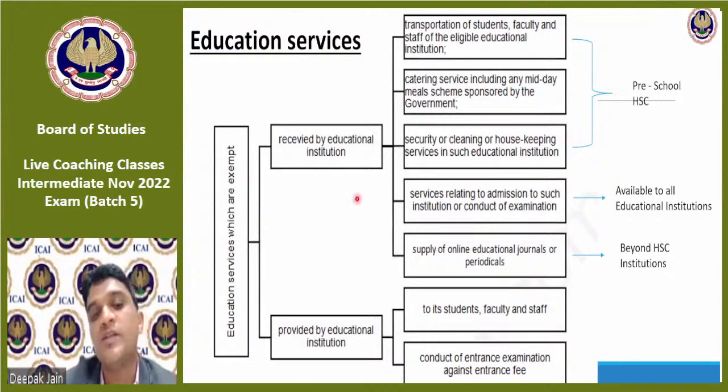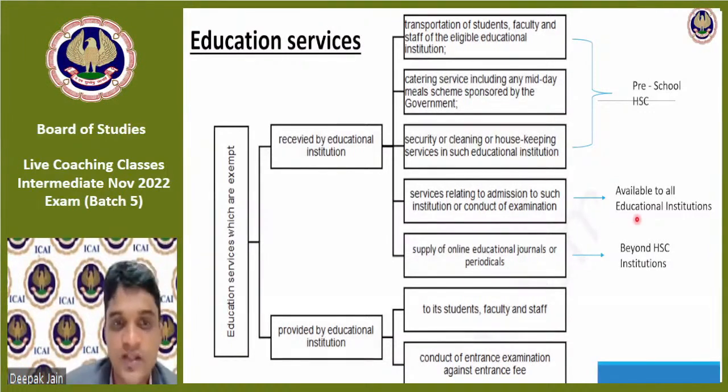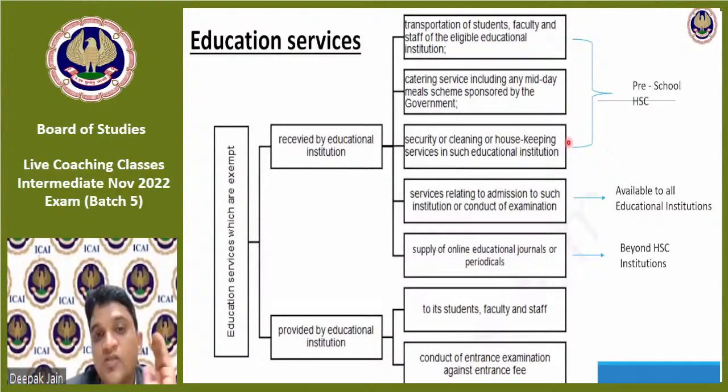ठीक है, सो ये किस किस के लिए एप्लीकेबल है? इसमें भी तीन बाइफिकेशन किया है। वन इज प्री स्कूल और हायर सेकेंडरी स्कूल, देन एक होता है जो बियॉन्ड हायर सेकेंडरी स्कूल के लिए, और ये जो सर्विस है इस सबके लिए एग्जेम्प्टेड रहेगी। ठीक है, तो सर्विसेज अब तक तीन जो एग्जेम्प्टेड सर्विसेज थी वो सिर्फ प्री स्कूल और हायर सेकेंडरी स्कूल के लिए थी।